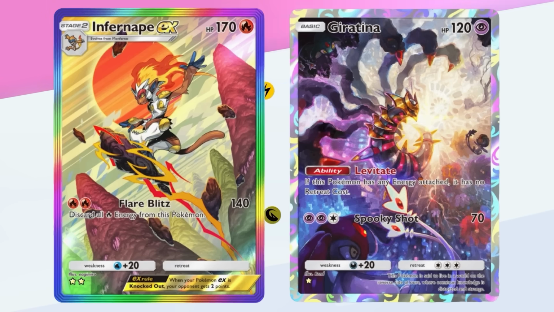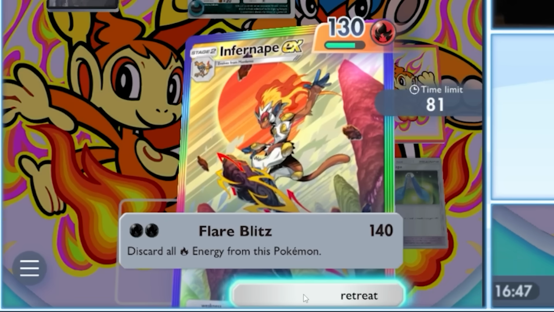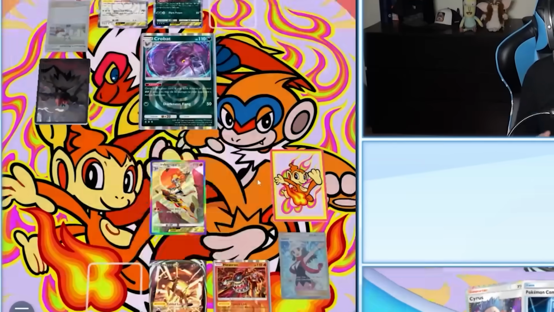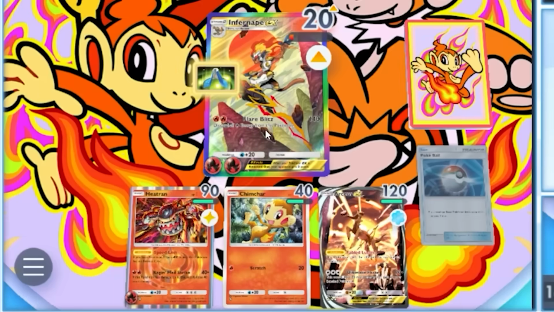INFERNAPE with HEATRAN is legit. Last month, we built a deck combining INFERNAPE with Giratina. The main reason for this combination was that INFERNAPE pairs really well with a Pokemon that can also retreat for free, as we can pivot our INFERNAPE out, tank a hit, and then send them back in for another Flare Blitz attack. Free retreat costs also pair extremely well with Dawn, the trainer card that allows INFERNAPE to Flare Blitz